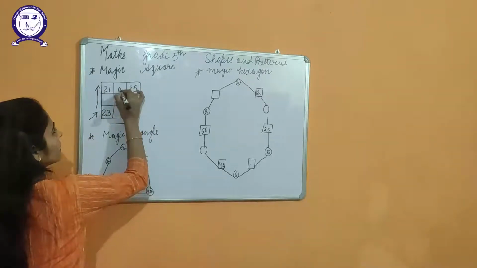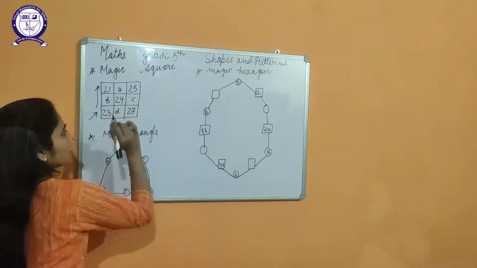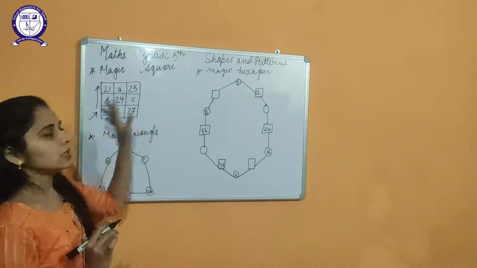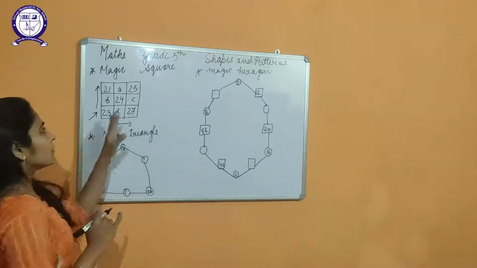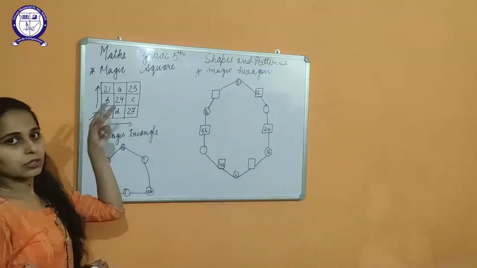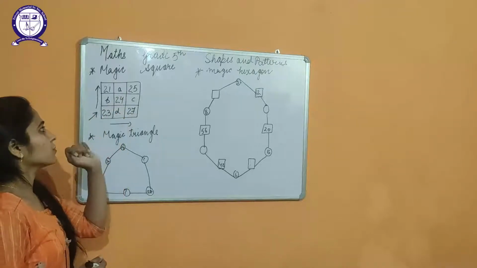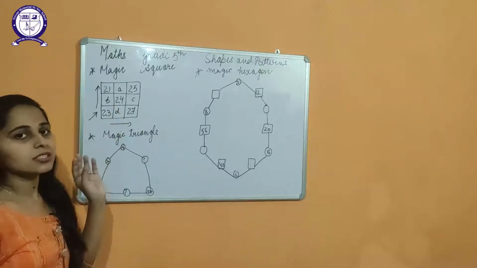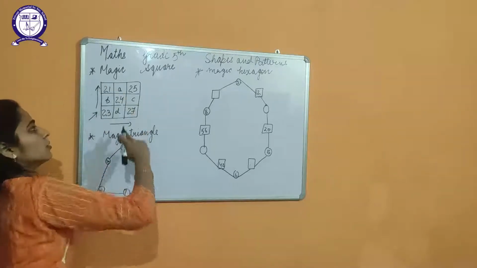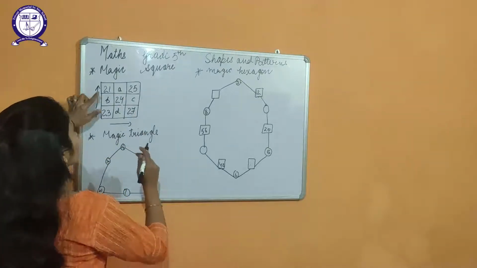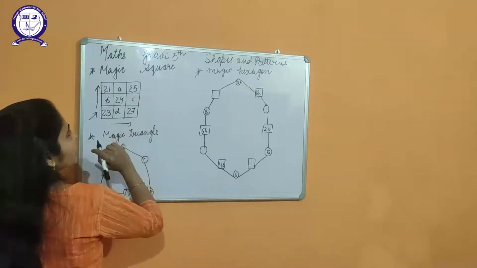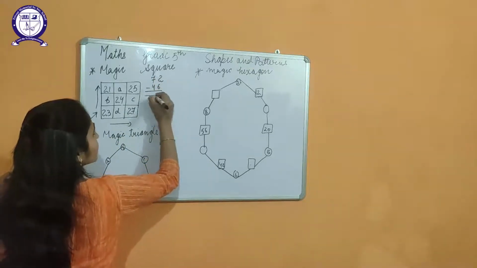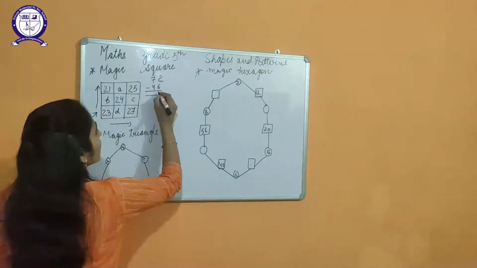So the terms A, B, C, D, suppose here. The sum of 21, B and 23 will be the same as the sum of diagonal numbers. So what we will do, we will add all this diagonally. So 25 plus 24 plus 23. 25 plus 24 is 49 and 49 plus 23 is 72, and of this also the sum will be 72. So to find out A, 21 plus 25 will be 46. When we subtract 46 from 72, the answer will be 26.